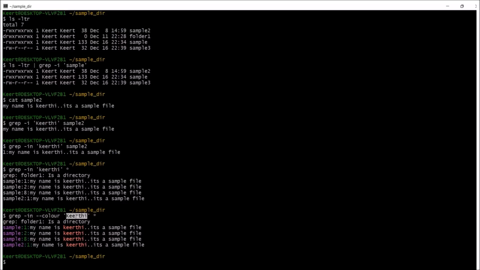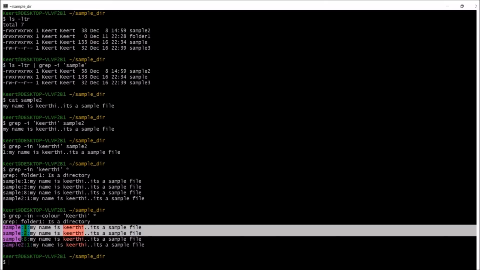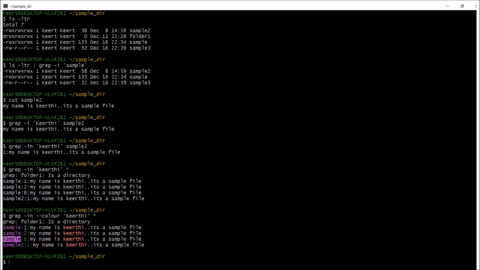Whatever we are searching here, that is the name, it is highlighting in these lines. Even the file names are given in color, and the line numbers also. So like this you can highlight where the keyword exists in a line. And now I want to search the file content, I need the line numbers where this